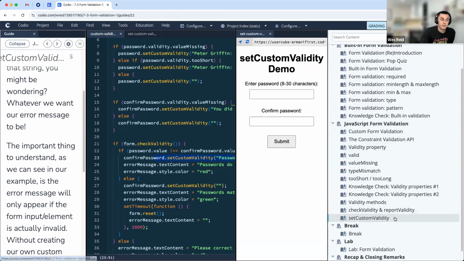We also talked about a couple of different methods like checkValidity and reportValidity, which will check for overall validness, and setCustomValidity, which will allow you to set the error messages that show up within the style of that HTML validation. And I think like Omar asked,